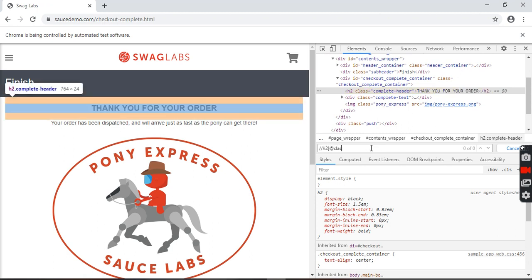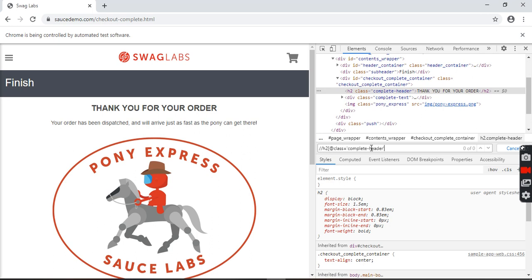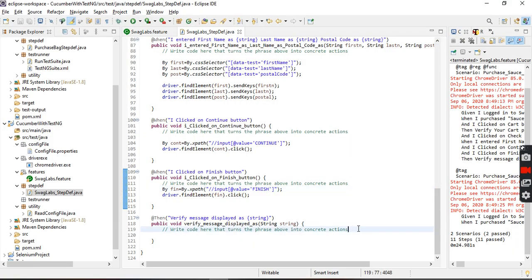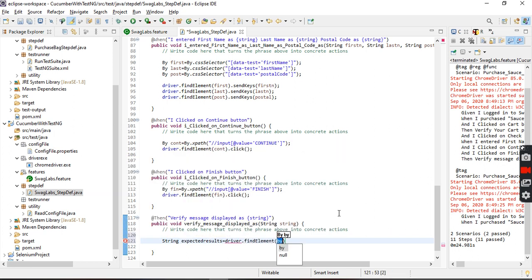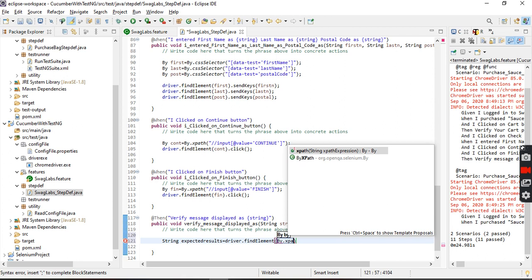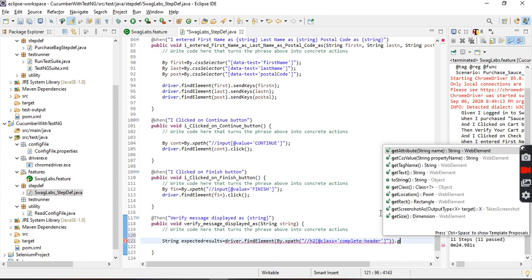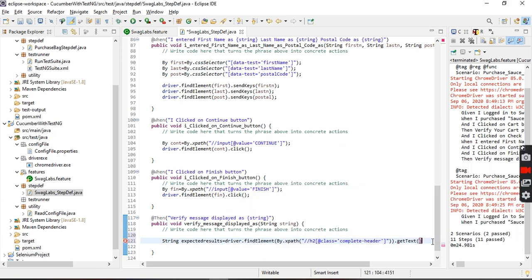H2 class, this one. Okay, can we get it right now? String expected result, driver dot find element by dot xpath, get text.